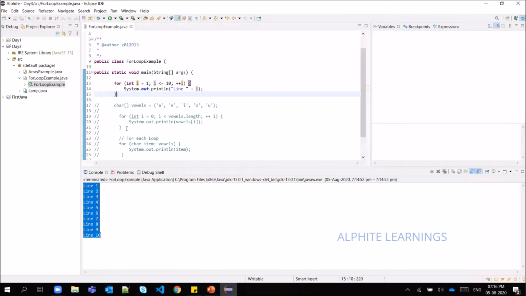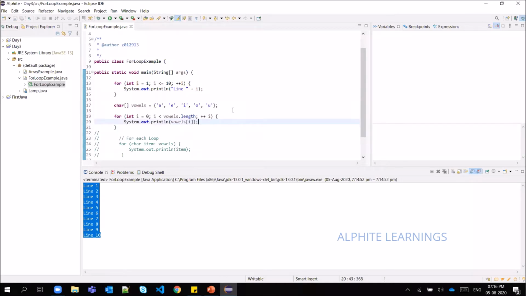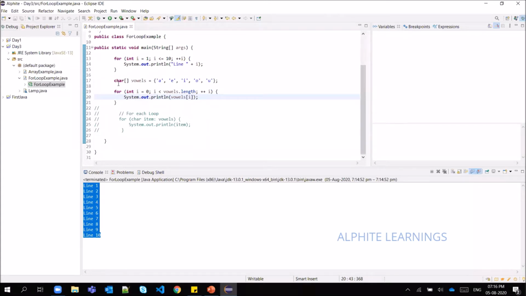I'll explain one with an array. I have not taught you what an array is yet, just get to know the word now. Maybe today we'll have the array class. The data type followed by these two square brackets represents an array in Java.